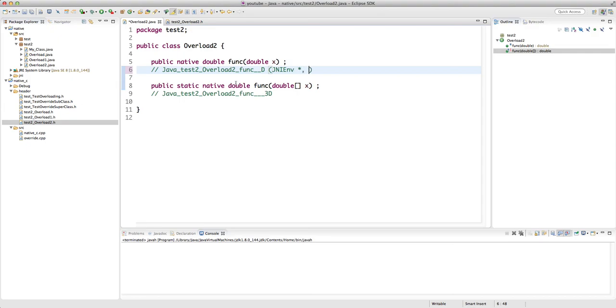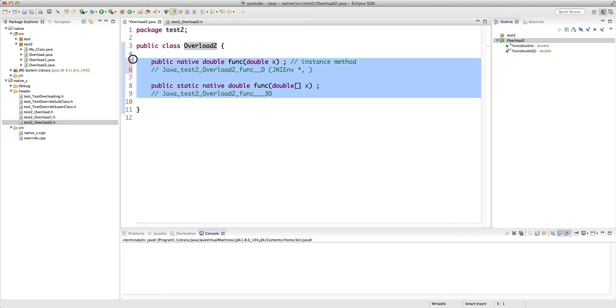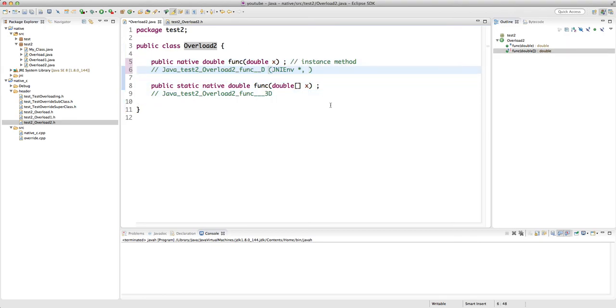But then this method func is an instance method. So in order to access it, and in future lectures I'll show you how to call these functions or methods in C++, we need to have a reference to this object, the instance object that we create using the new keyword in Java. So we have to pass a jobject,